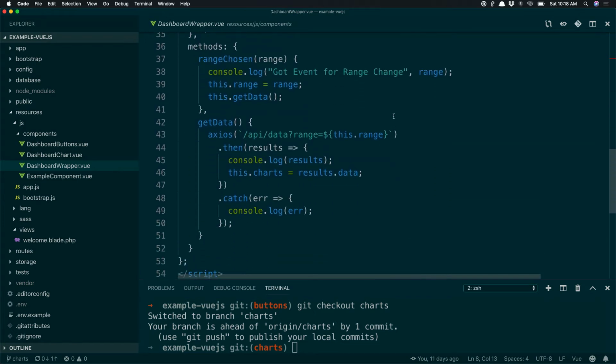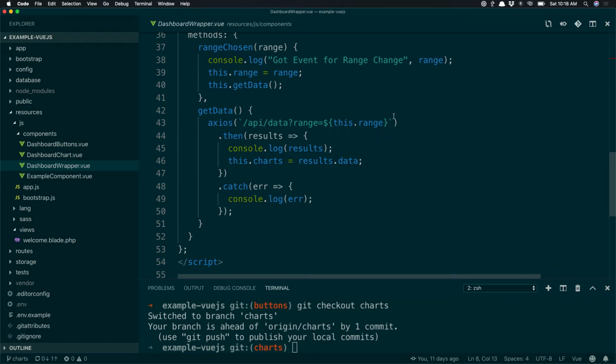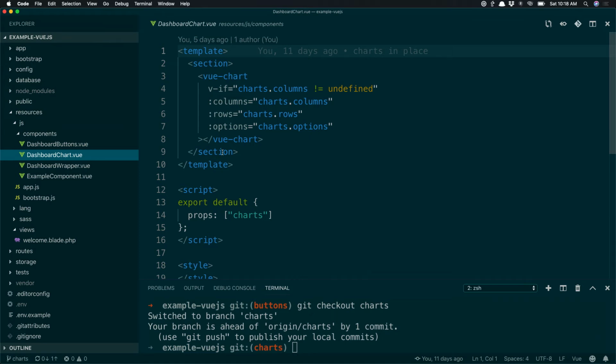And the state, again, is when Axios loads, or when people click that button, it's going to get the state and set charts for my data. And it's really that freaking simple. I love how nice and clean Vue is. I like using templates in here because all my stuff's in one place. This template actually wraps Vue chart. You could have just stuck Vue chart in the wrapper, but just for example's sake, I pulled it out, and for other reasons too.